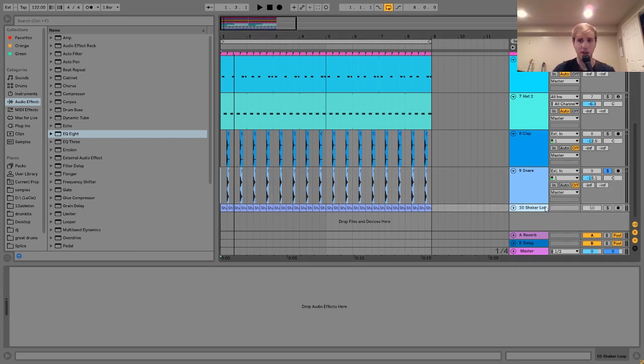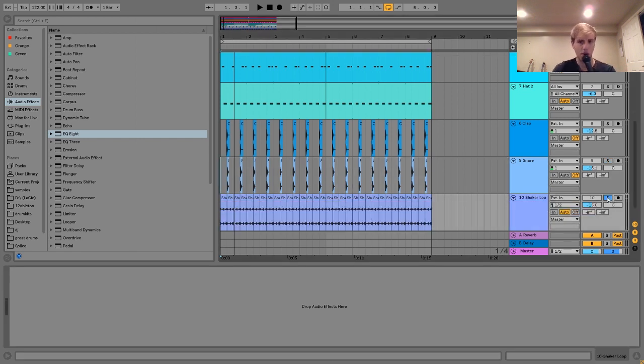And then the last thing I have here is just this little shaker loop. It's just playing in the background. I feel like it helps with the flow. And also, we don't actually have a lot of elements in the high end. Like if you listen to this,